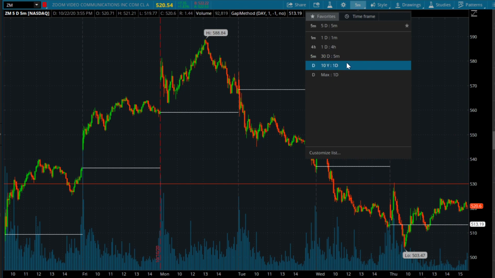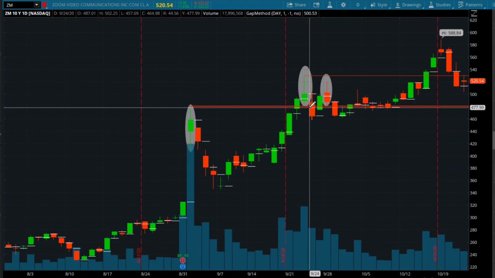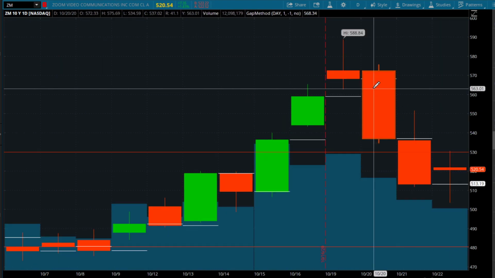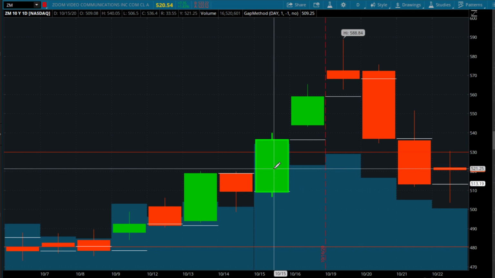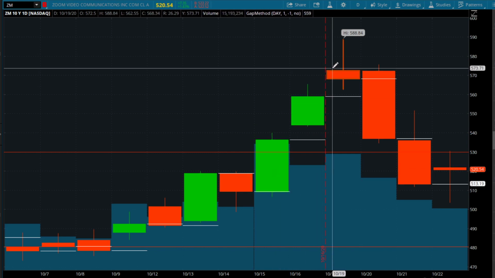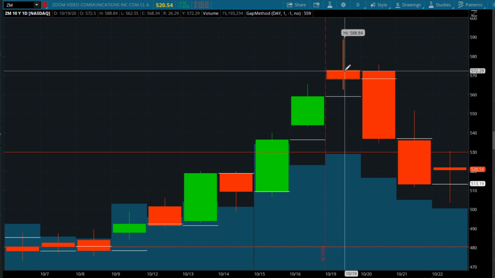So take a look. It's most likely going to have a couple red days right here. It had a red day right here. It had a couple red days. So let's just take a look at this here real quick. It had a massive ramp up. You could see it went from 505 to 588 in just 2 days. And then once it hit 588, it went all the way down to closing at 568, a week close bearish candlestick,